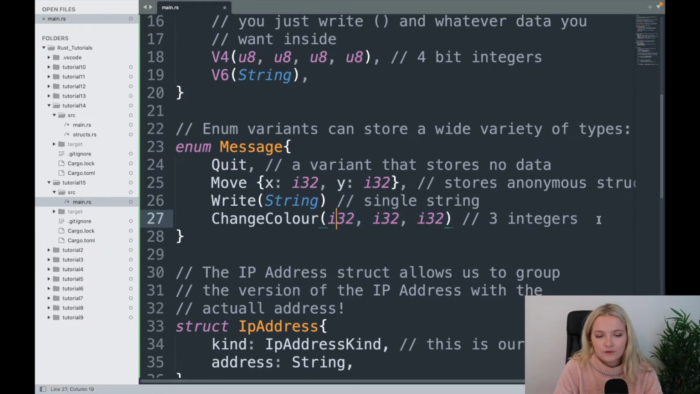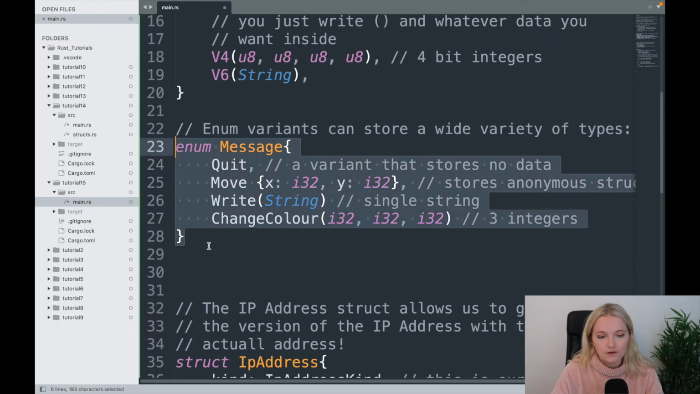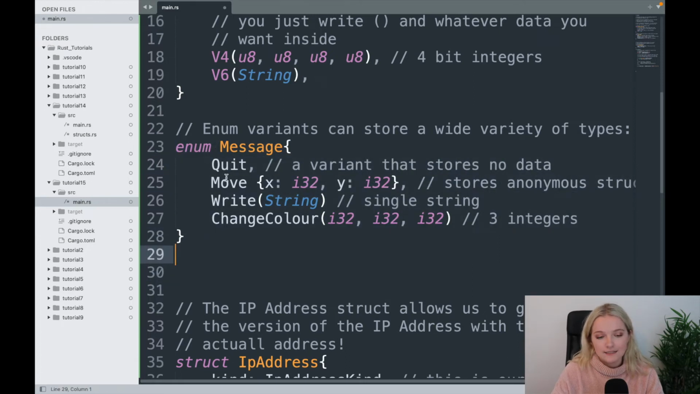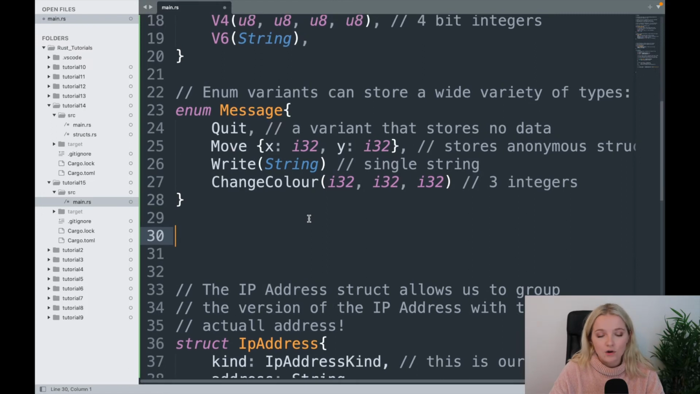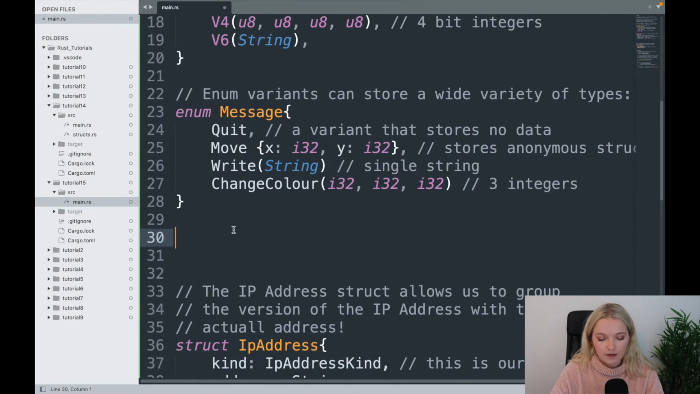Now you may be watching this video and still being a little bit confused about structs versus enums, and I just want to show you that you could actually have written this enum in different structs. Now that would have taken a lot of time and effort, and for the sake of the time of the video I'm just going to copy it from this Rust programming language document, which I always link in the description of every one of my